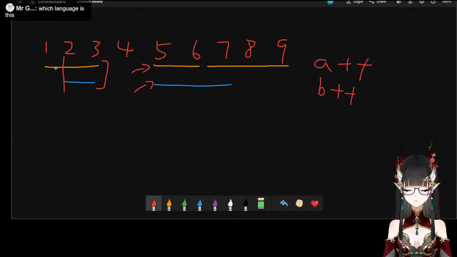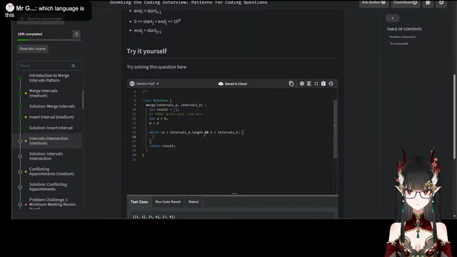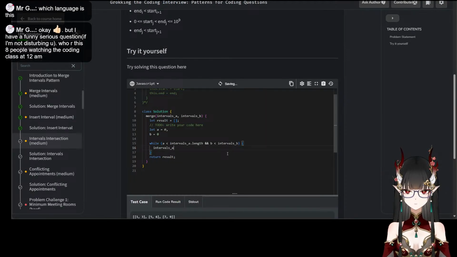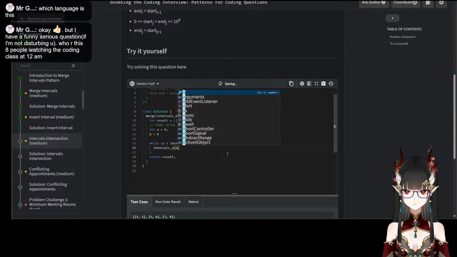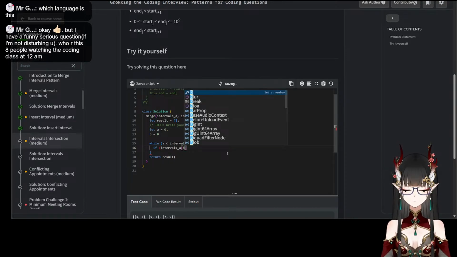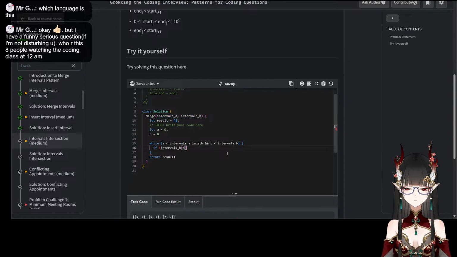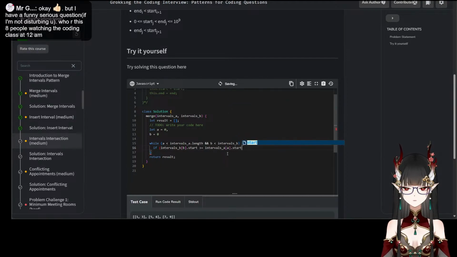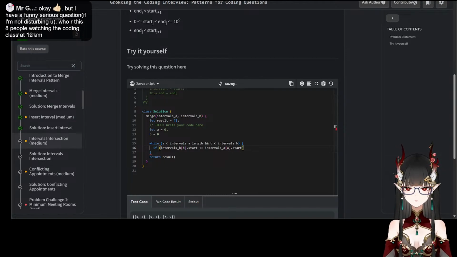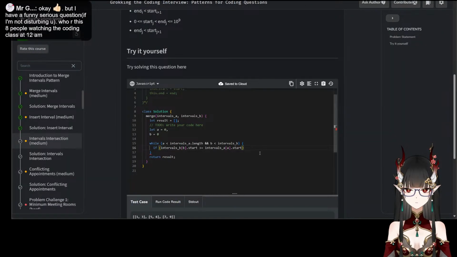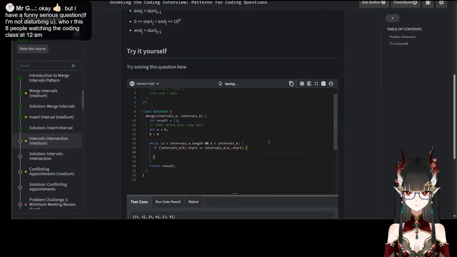Anyways, the first thing we look at is we're going to take the interval A of A. Actually, I want interval B of B, where its start is greater than or equal to interval A of A's start. So with this one we make sure that this is greater than or equal to the interval. If that is true,